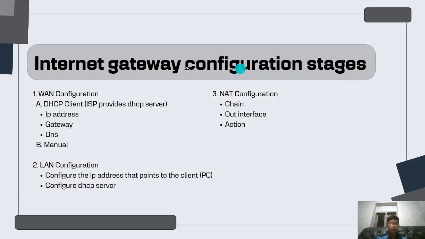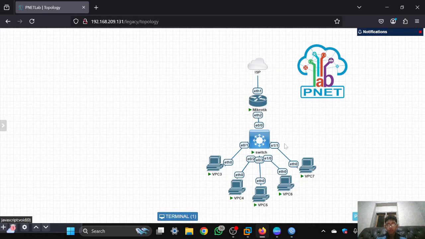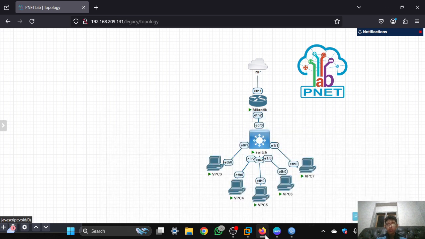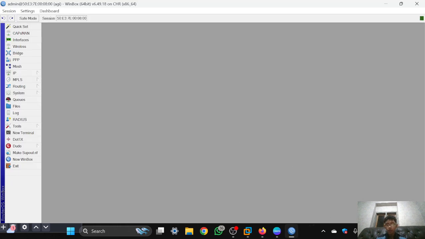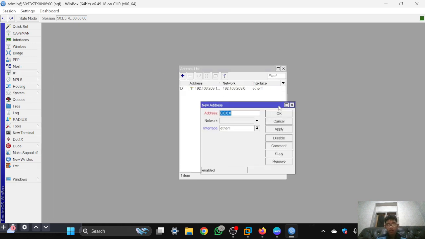And next I will configure the LAN configuration: configure the IP address that points to the client PC, and configure the DHCP server. So first you must turn on the switch and the virtual PC, then open Winbox and add the second IP that connects to Ethernet 2.